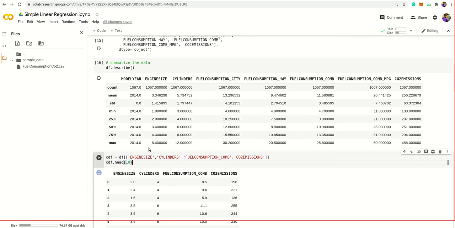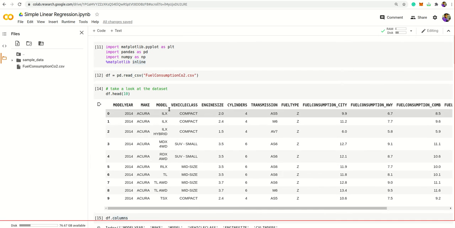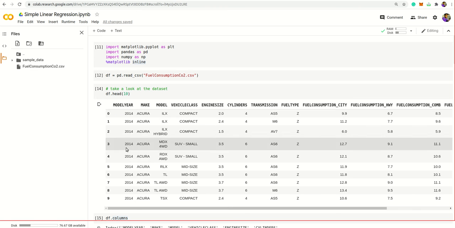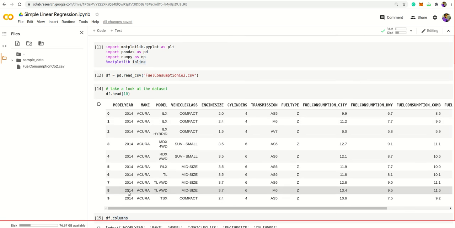Then we remove all the unimportant columns that we do not use for the further algorithms. For example, we select only engine size, cylinder, fuel consumption, CO2 emission. Why? Because we don't predict CO2 emission by the model year, and in this dataset all the models are from 2014, so this is not an important column.